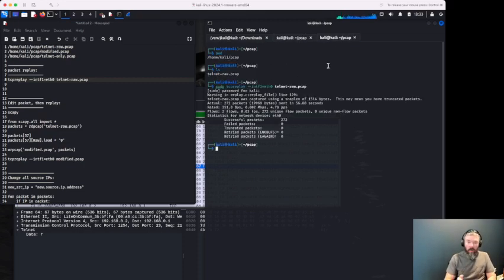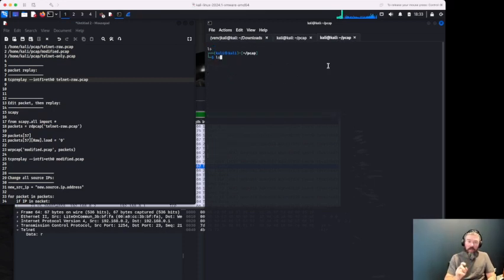All right, so again, all I have in this directory is the telnet raw PCAP. I'm going to run Scapy from that same directory so that I have access to those files easily. And then I'm just going to run Scapy. The first thing I could do, I'm going to walk you through the first one because it's kind of neat. What you could do is iterate through. Let me go over to